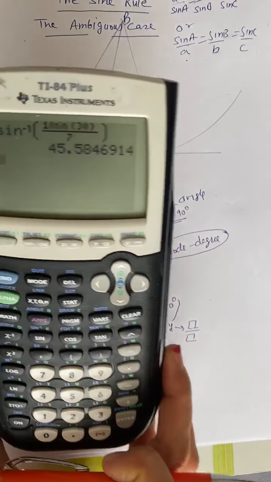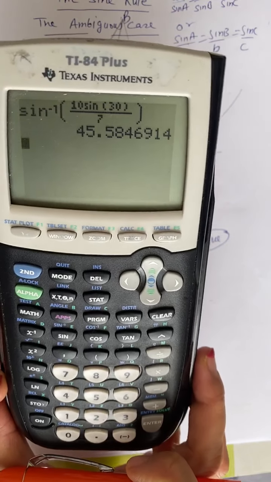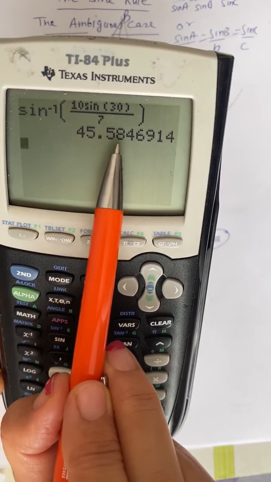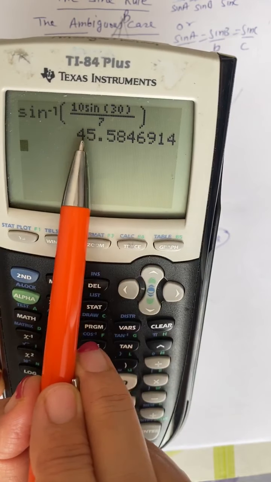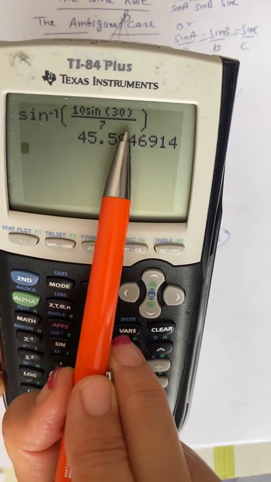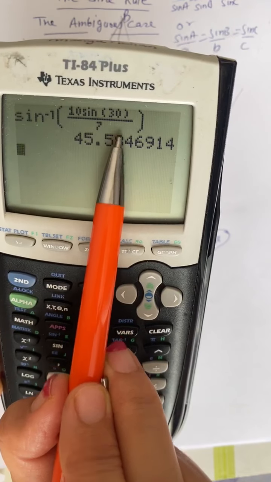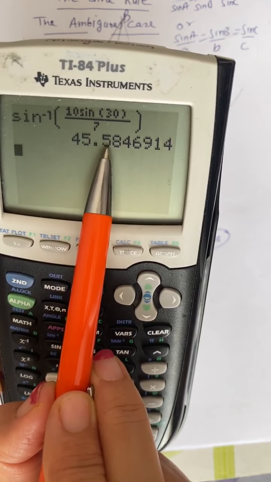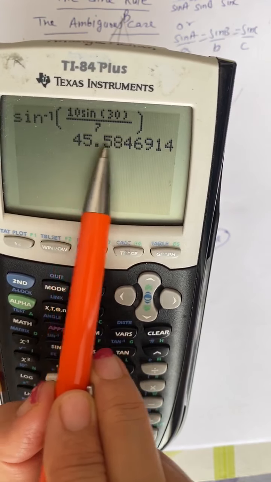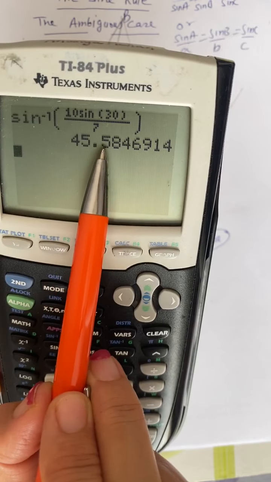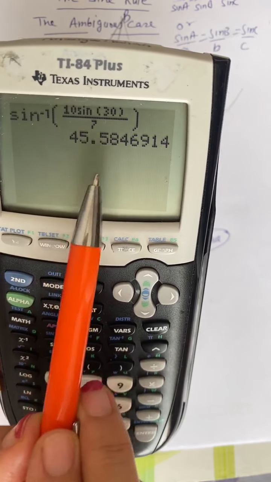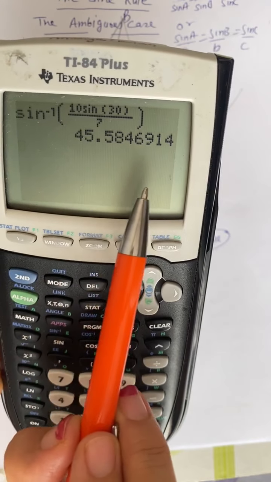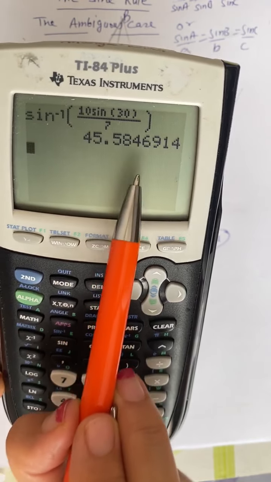I'm going to round it to 3 significant figures. If we are rounding it to 3, this is first, second, third, and you pay attention to the 4th digit. If the 4th digit is greater than or equal to 5, we add 1 to the 3rd digit, which is the case here. So the angle you will get is 45.6. But whenever questions are given, make sure you read them carefully, because in some questions they ask you differently. If nothing is stated, you have to round your answers to 3 significant figures.